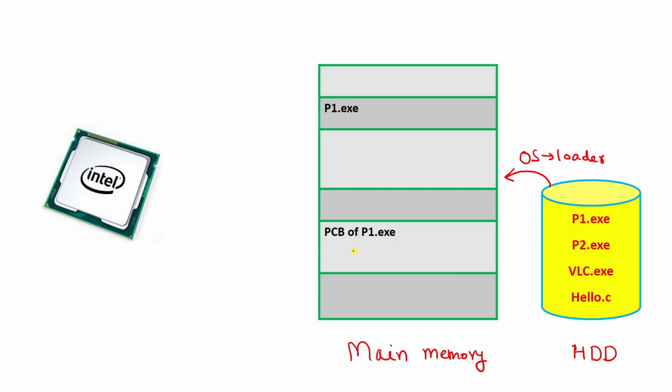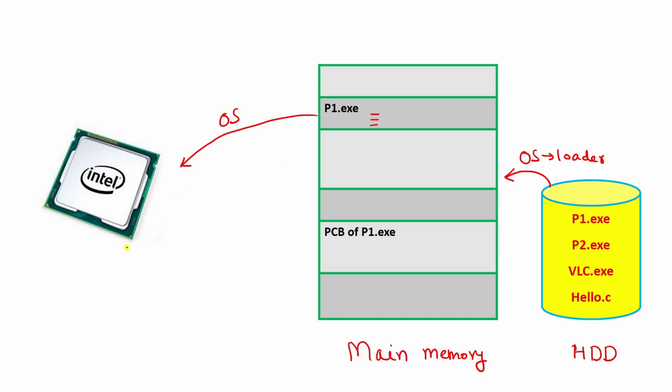Now we have already discussed what PCB contains and what P1, that is the process, contains. PCB contains all the information or the metadata of that particular process, like PID, CPU related information like registers and all, okay? So here we are considering the system which can contain only one process inside your main memory, okay? Only one process is there. Now this process wants the CPU so that it can execute. So OS will start the execution, that is, it will set the program counter inside your CPU, and then this CPU will start executing the instructions of this process, right?